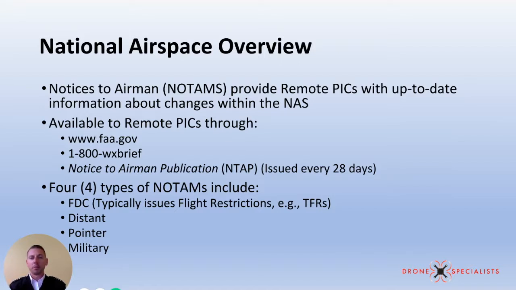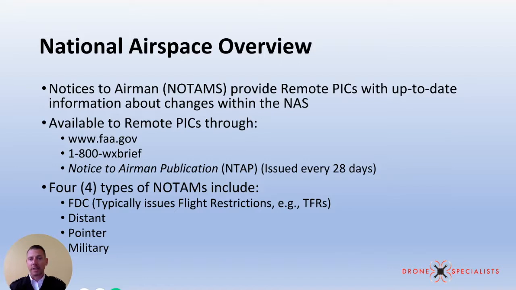You can find these in a number of places on the web, www.faa.gov. You can simply call on your smartphone, 1-800-WX-BRIEF. You'll actually speak to a weather briefer. Various companies around the country are involved in this. Lockheed Martin, I believe, is one of them. And you'll speak to a weather briefer who'll give you all the up-to-date information about what's going on in the airspace around you. There's also a Notices to Airmen publication, the NTAP, issued every 28 days, available at pilot shops